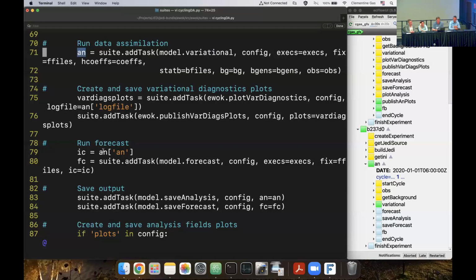And then you see that here you have a forecast task, and the initial condition is basically the analysis here. There's still this line here, which is not very nice, but hopefully we'll get rid of it at some point. Sorry, there's still a bit of syntax that needs to be cleaned up. But here we're passing the initial condition as an argument to the forecast task. And just from the fact that the output of this one is used as an input here, it's going to put the trigger here and know that